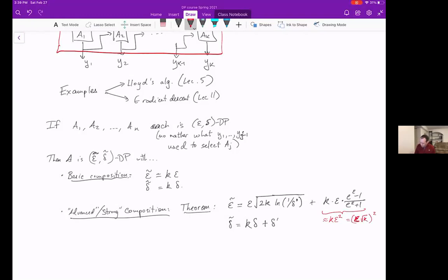So this term is smaller than the previous term as long as epsilon squared of k is less than 1. In particular, if epsilon is less than 1 over square root of k, then this second term basically doesn't really matter, at least asymptotically, and it doesn't make a very big difference in practice either. What really dominates is this first term here. All right, so this is our theorem